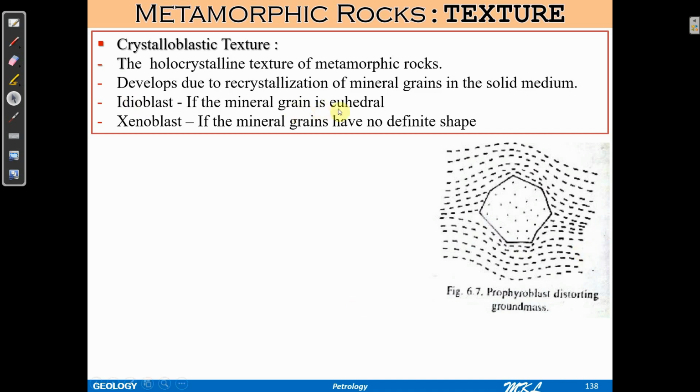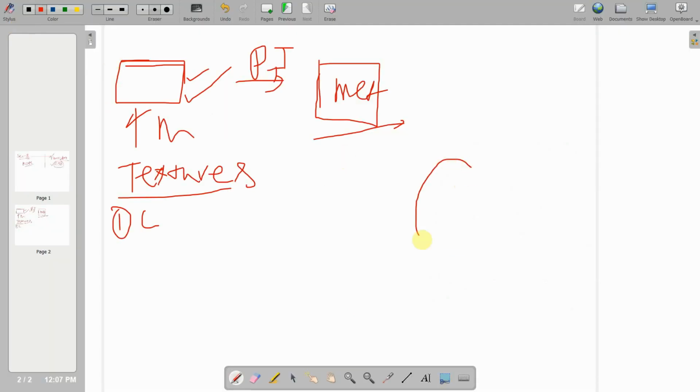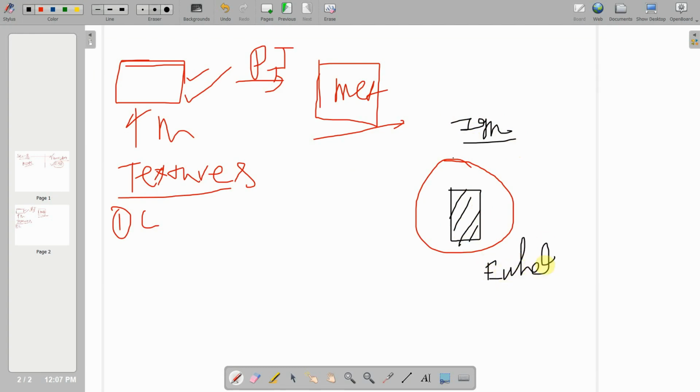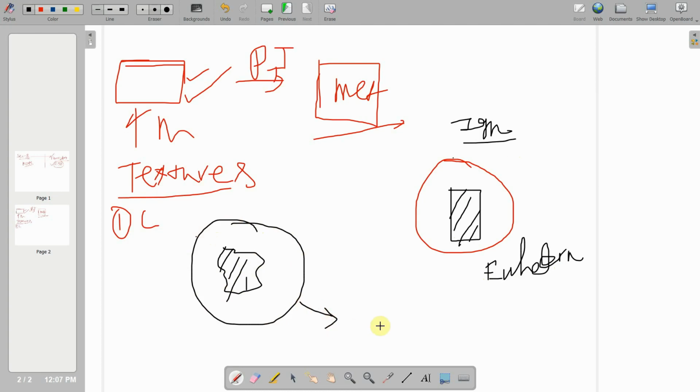If the mineral grain is euhedral, then it's called idioblast. So what do you mean by euhedral? If you are seeing through the microscope and the structure has a perfect edge, remember in the igneous rock, then this type of structure is called a euhedral shape. Now what will we call it if there is no perfect outline, if you are seeing this crystal structure through the microscope, then this will be called as, class,